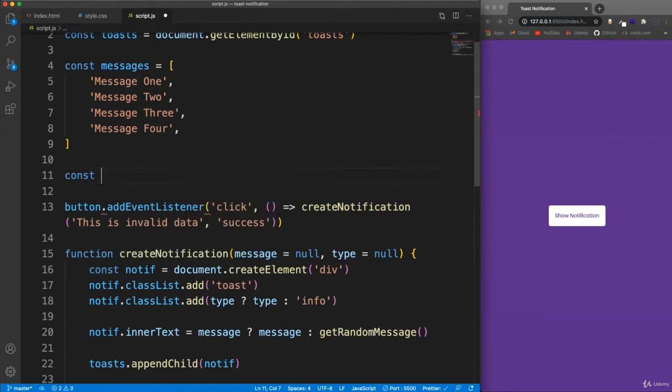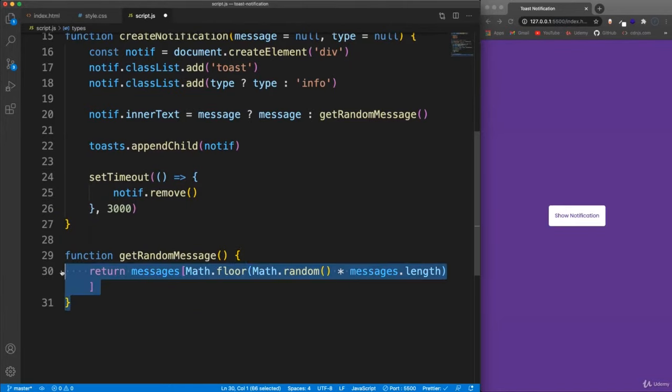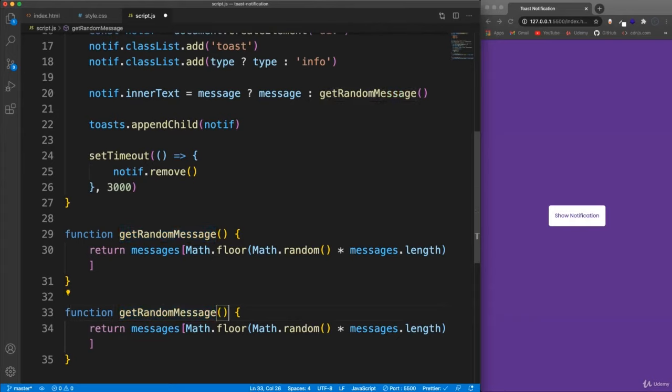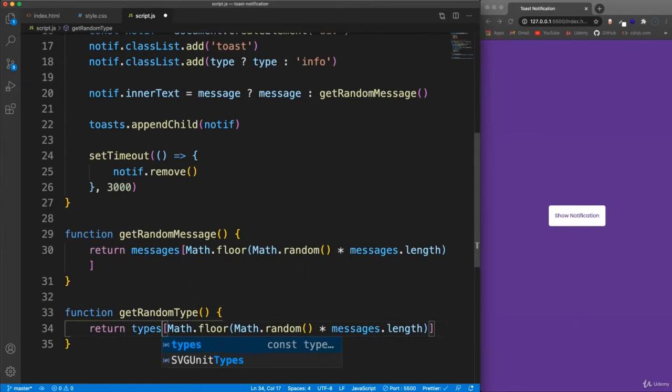So we'll say const types, and we'll set that to an array, and let's say info, success, and what was the other one? Error. And we could create a function just like this to get a random type,